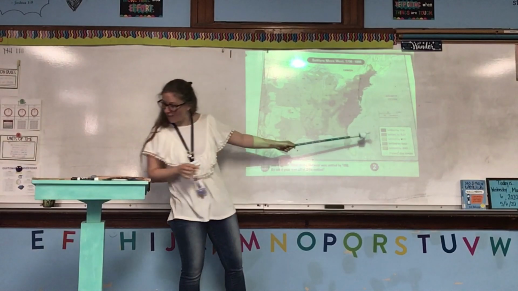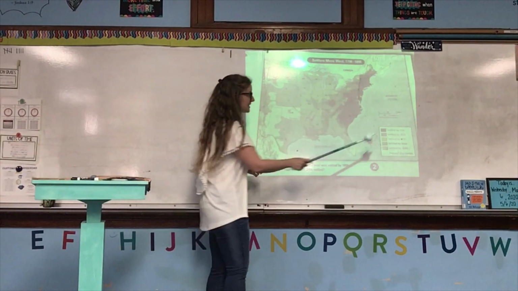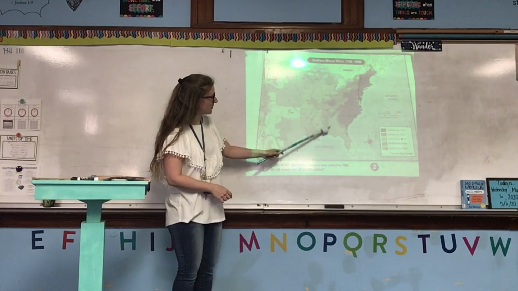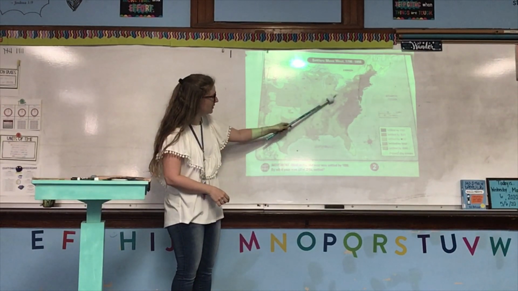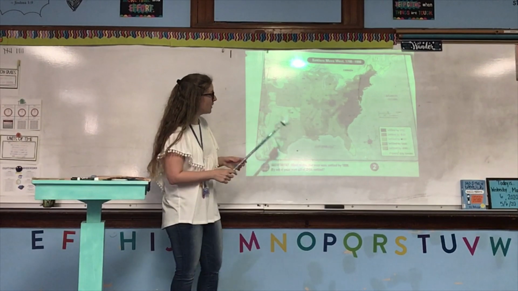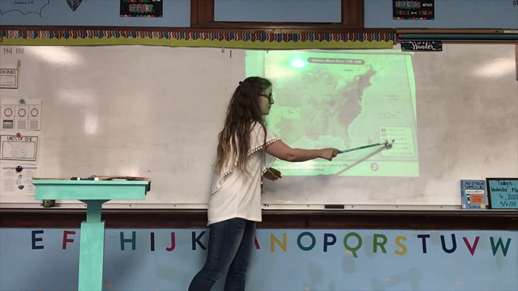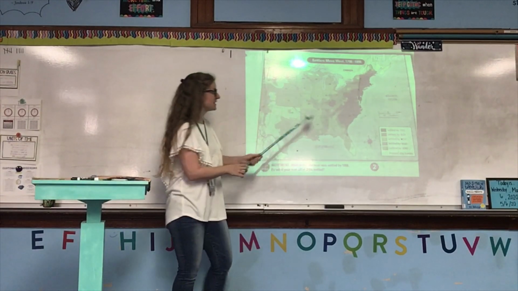Then we have yellow, which was settled between 1820 and 1850. So after the orange, then we start to see this yellow. And then we go further, and then this tan color was settled between 1850 and 1860, and it moves a